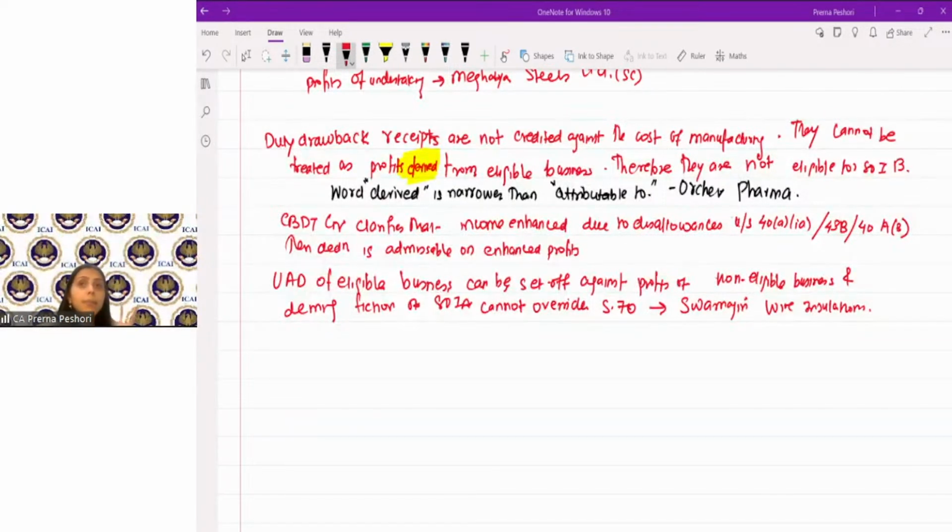Now, this agreement was entered between the firm and the government, and later on the firm was converted into the company. So can it be said that here the agreement is by a company with the government? Can it qualify for 80IA? The 80IA condition is that the company should have entered into an agreement with the government. Now the agreement is entered by the firm. Later on, the firm is converted into a company. Right? So in this case, did you understand the question? What is the question? The assessee company is converted from a firm, but the agreement was of the firm.